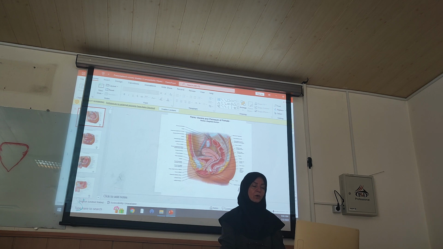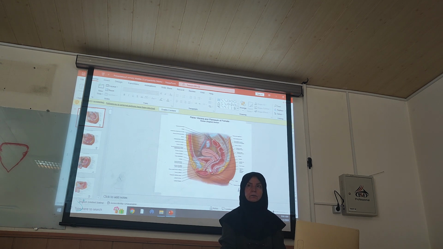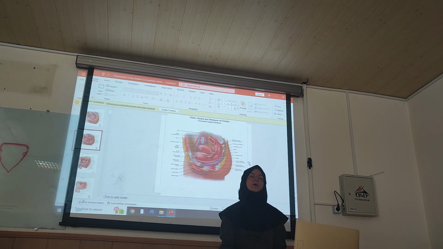So posterior organ inside of the pelvic cavity in female sex is which structure? Posterior organ: rectum. Anterior organ: urinary bladder. Now again, we are going to look at the cervical section in the female sex.